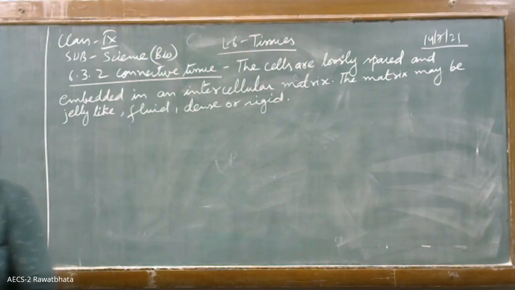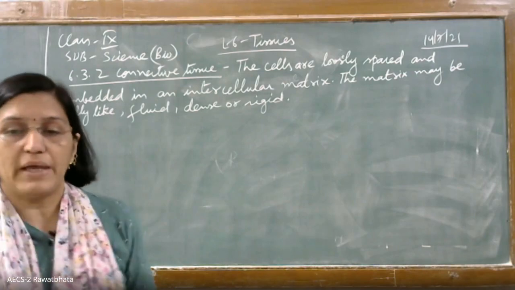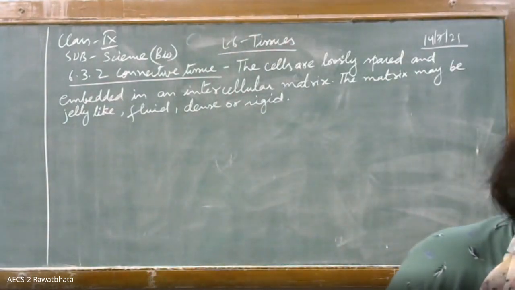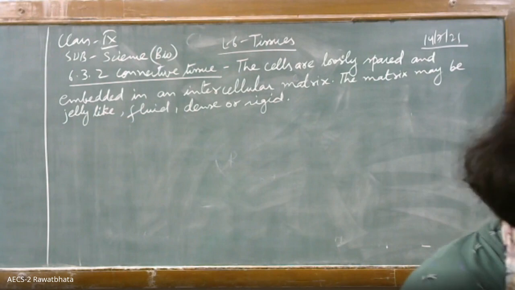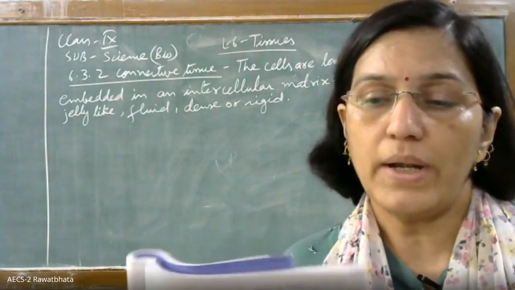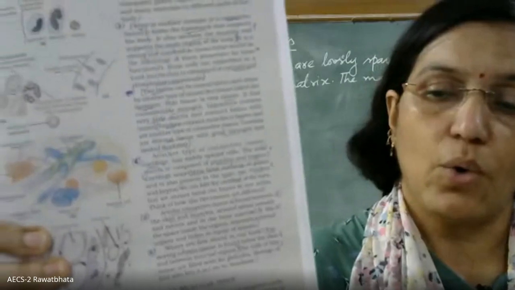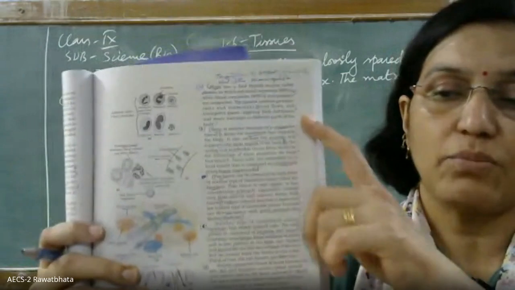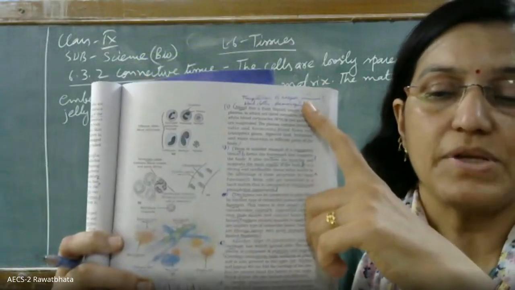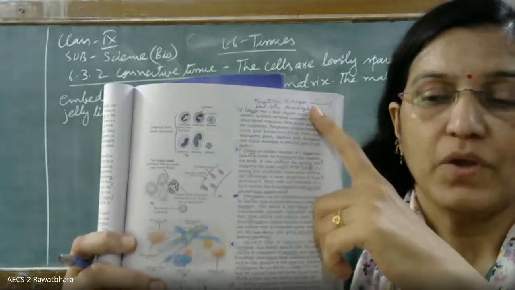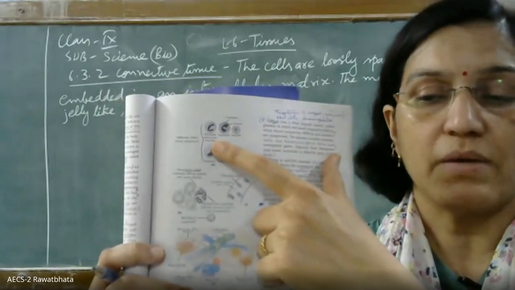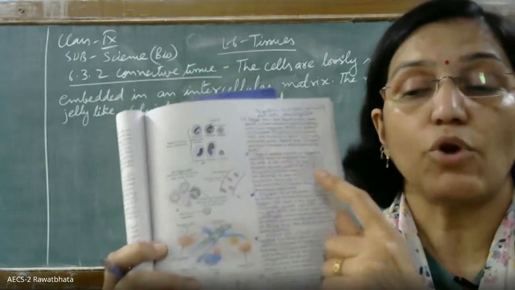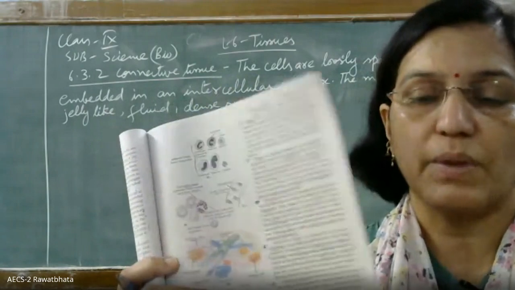What I would expect is, I want you to label these paragraphs. These paragraphs are not labeled in your NCERT text. They have not segregated them. If you are holding the new book, please label right from the top the first paragraph as A, which corresponds with the diagrams of blood cells. This I am talking about the new book. I will be telling you about the old book also, the page of which I will be sharing now.